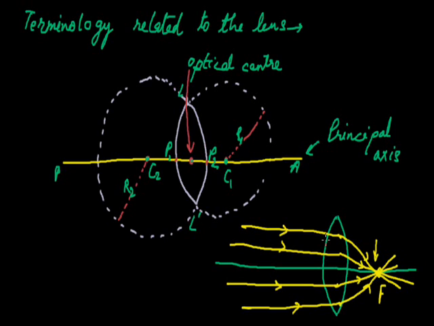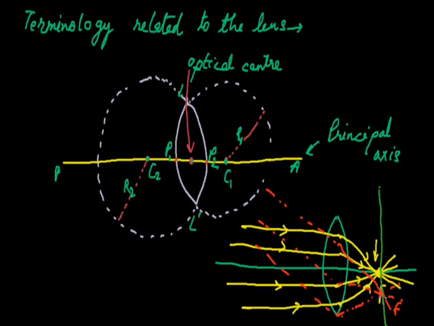If you take those rays which are coming parallel to each other but not parallel to the principal axis, then the rays are refracted in such a manner that they pass through a common point which is said to be a focus, but it is not observed on the principal axis. It lies in a plane which is said to be the focal plane, and the focal plane is the plane which passes through the focus and is perpendicular to the principal axis.